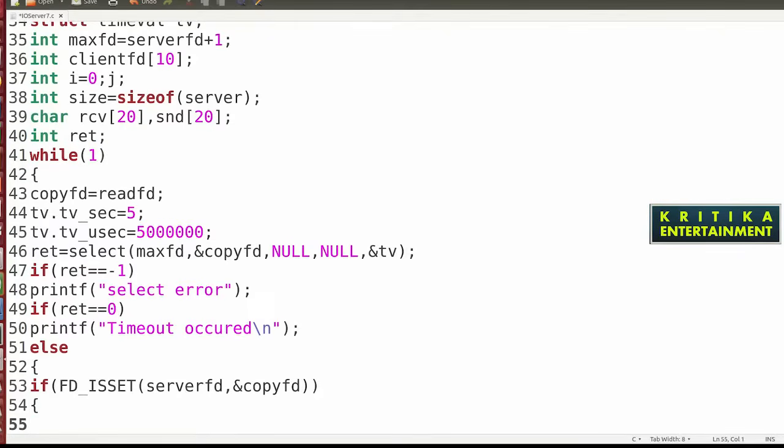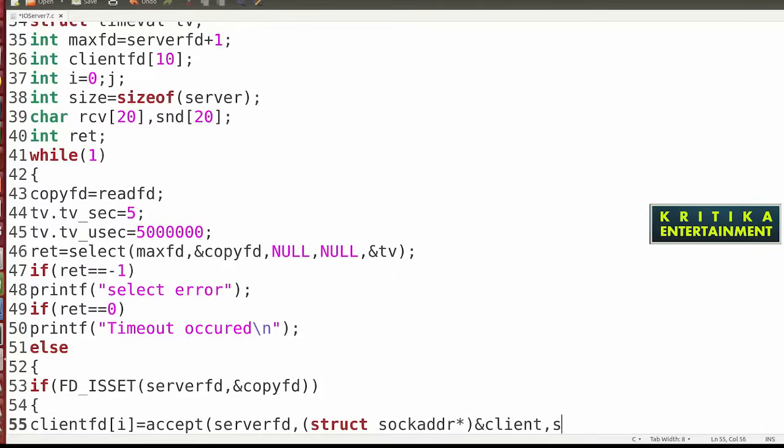Then here write client fd i is equal to accept, ampersand server fd, then sockaddr pointer ampersand client, then size of client.